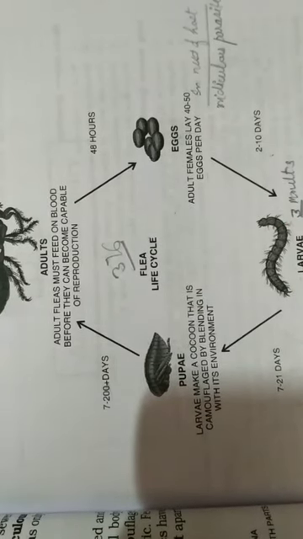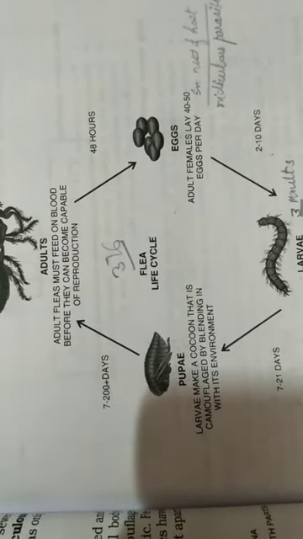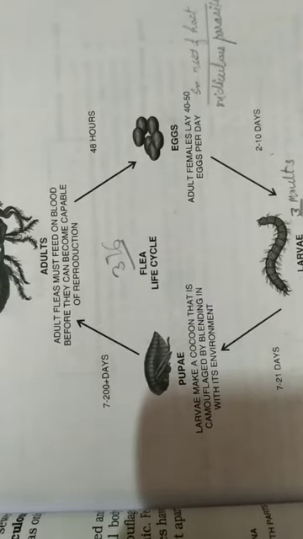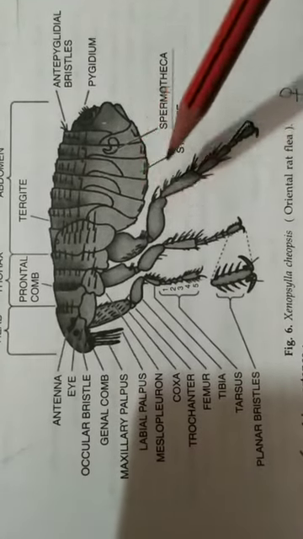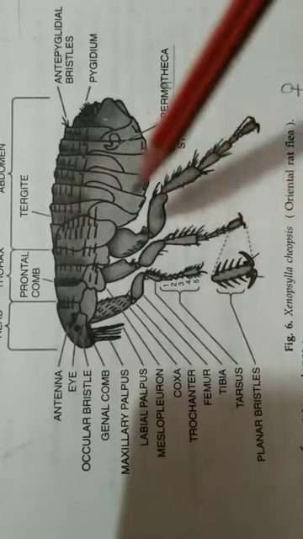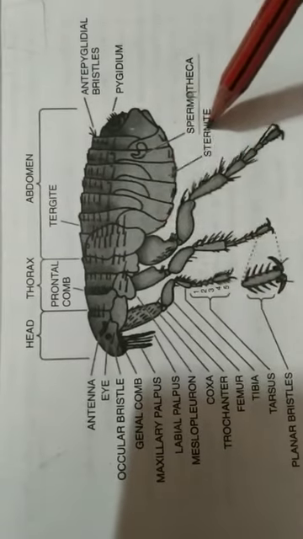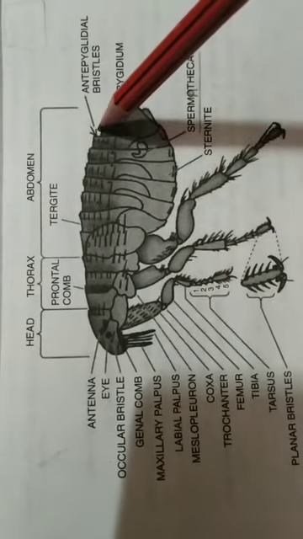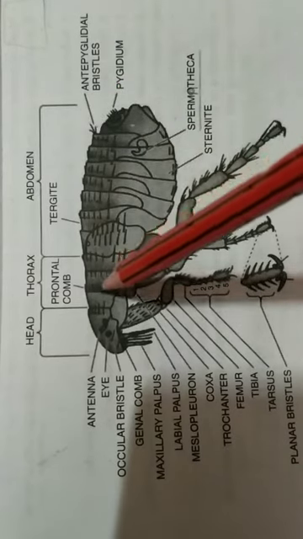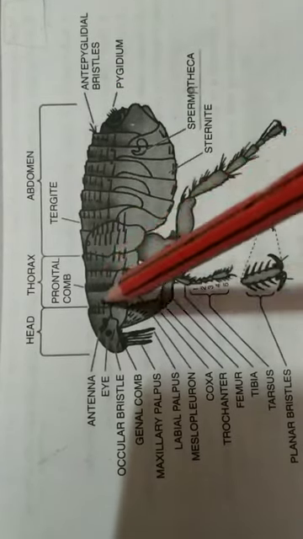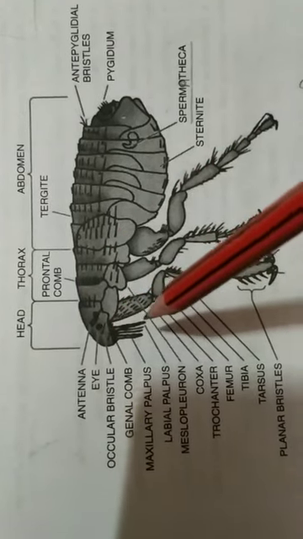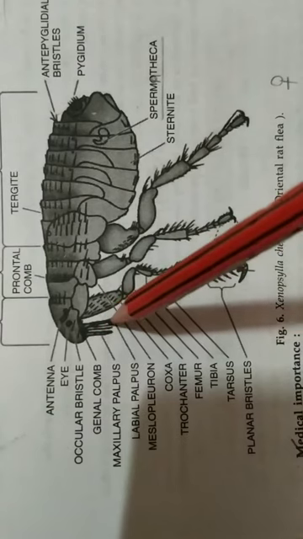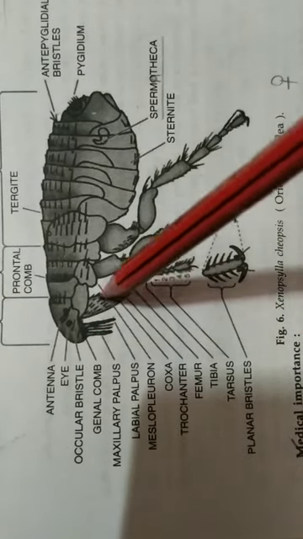Now coming to the medical importance. So we will see the medical importance from the Modest book because it is better given there. This is the diagram of the Xenopsylla. ये भी देख लेते हैं थोड़ा सा. Xenopsylla का डायग्राम काफी डिटेल में यहाँ पे दिया हुआ है. So this is the head, thorax, abdomen region. These are the bristles called the combs which are present in the thoracic region. The eyes, the antenna, and these are the mouth parts, piercing and sucking mouth parts, and these are the legs.